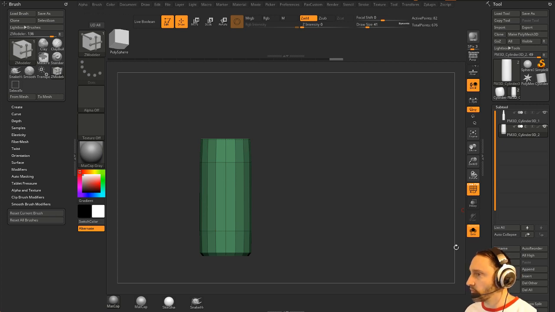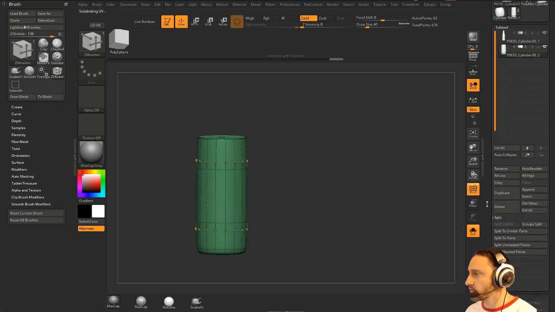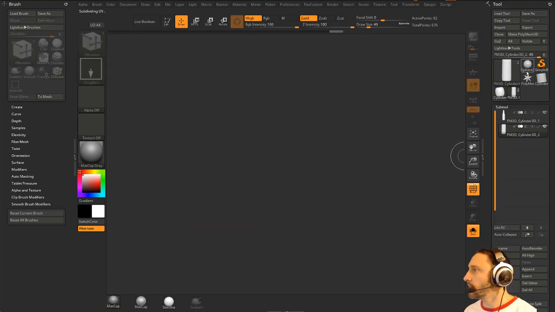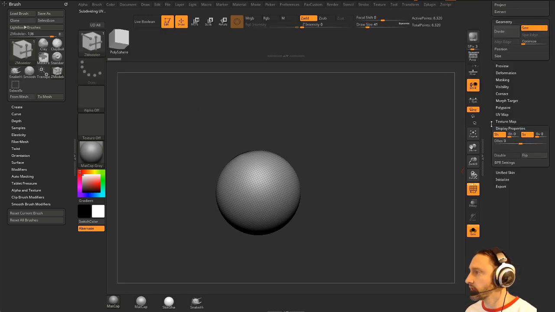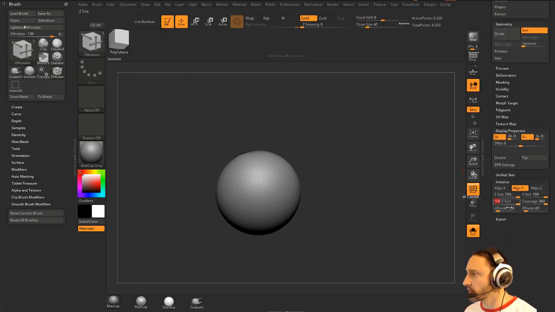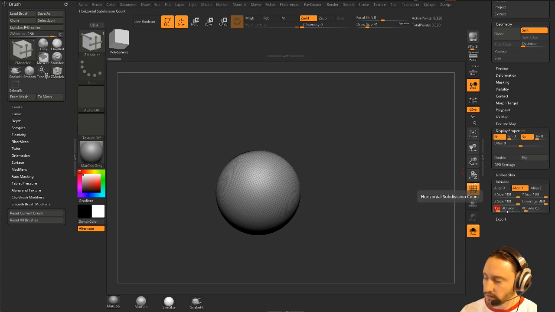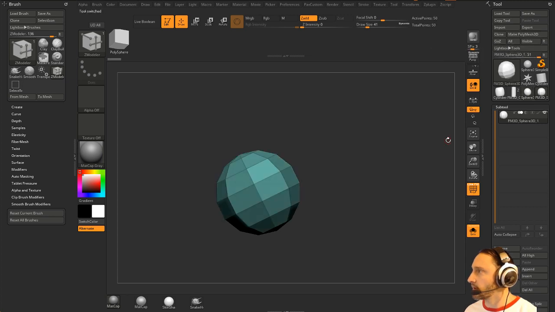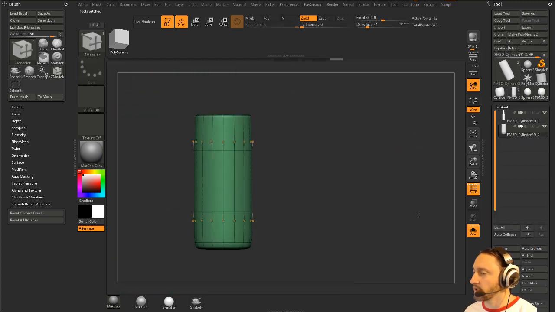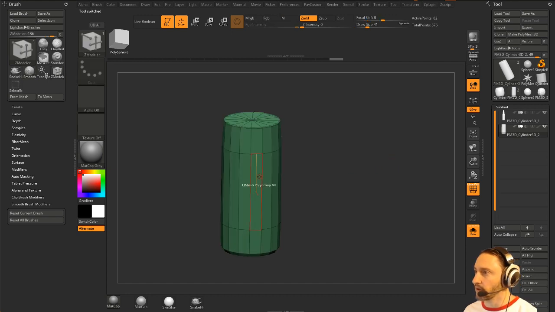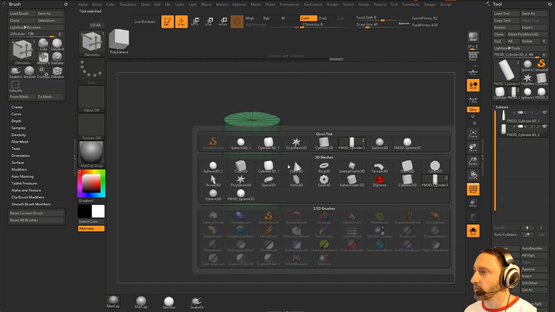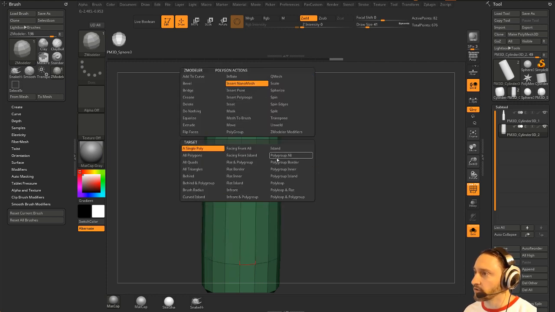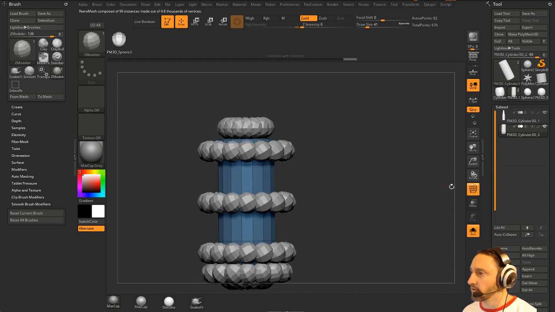for bubbles. So if I want to, I can go to, let's go ahead and make a sphere, and we're going to go down here to my initialize properties, and we're going to say, let's do 8 and 8, and then make polymesh 3D, and then we're going to go back to our liquid here, and we can go in our ZModeler brush. I'm going to hit M, and we're going to grab that polymesh sphere 3D to grab that, and then we're going to go to Insert, Nanomesh, Polygroup All, and we're just going to throw some bubbles on here, and then